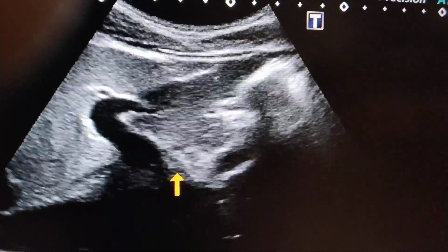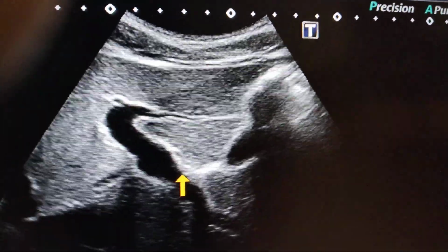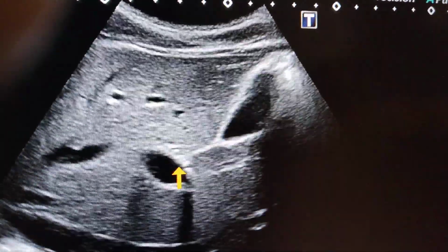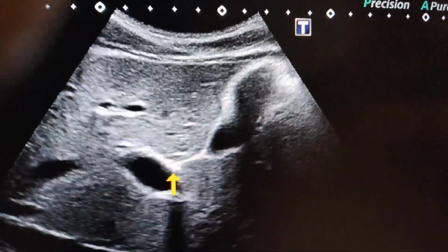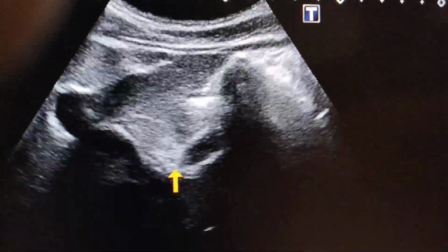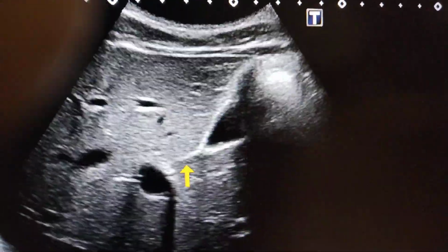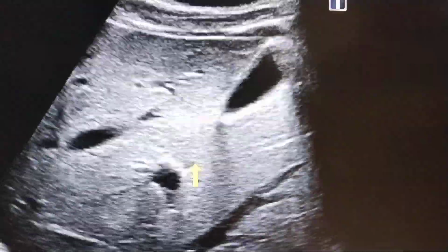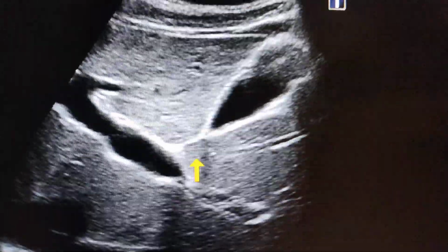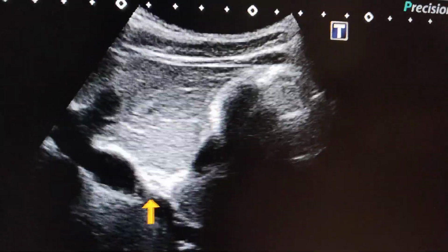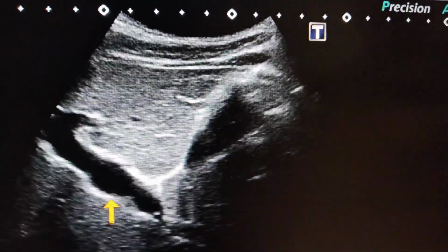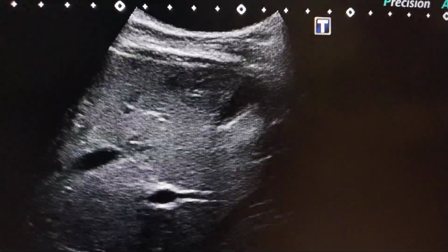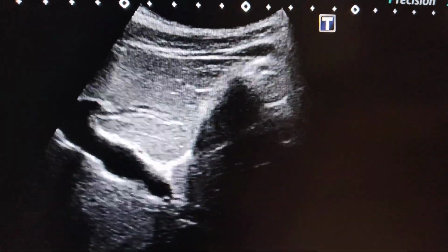So when we reach here, then tilt the probe as I am doing. Tilt the probe toward the right shoulder of the patient and slightly drag the probe further lower to have better visualization of the portal vein. This is the portal vein. When we have done such maneuver,